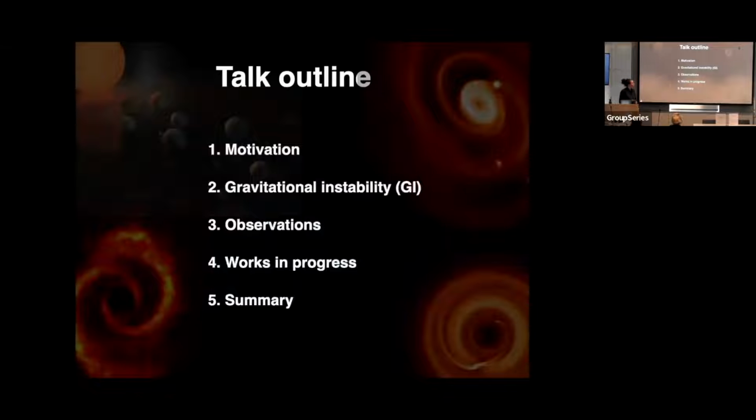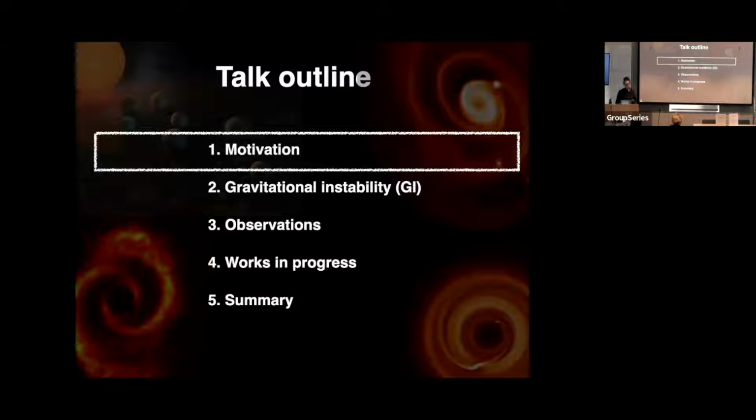So just to give you an outline of what I am going to be talking about, I'll start with a really broad motivation about why what I work on is interesting. Then I'm going to talk specifically about gravitational instability, and how that relates to the motivation. I'm also going to start tying this in with observations of real systems and interpreting those observations. I'm going to spend a fair bit of time talking about works in progress that I have at the moment, because it's stuff that I'm excited about and stuff that I think you'll find interesting. Hopefully you can help me solve some problems that I'm having as well for work that's not finished. And then I'm going to summarize.